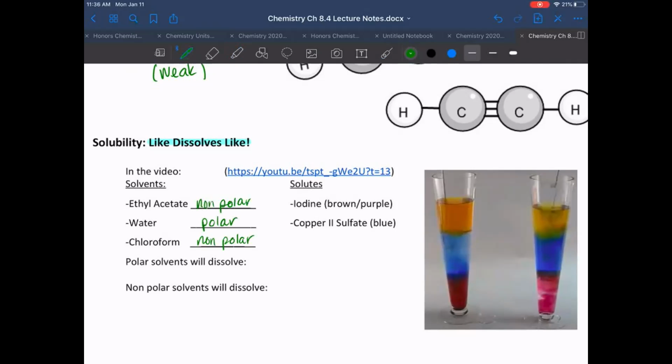Then iodine is a nonpolar solute. All a solute is, is a solid that you add into solution. Now copper 2 sulfate is ionic. And so we will talk about that after this video here. So what I'm gonna do is